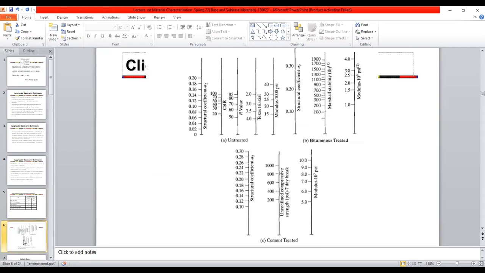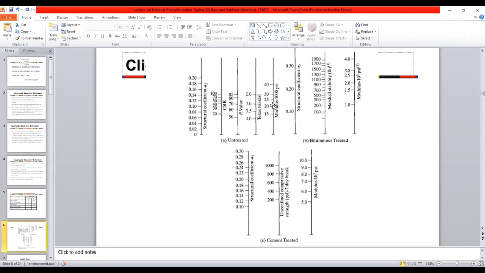We have discussed a lot in our previous lecture about the resilient modulus of subgrade soil. The modulus of the bases and subbases can also be known, though we don't have an explicit equation like MR is equal to 255 CBR power 0.64. But we do have this chart in which, if you know the CBR, you just draw a perpendicular and you will get the modulus.